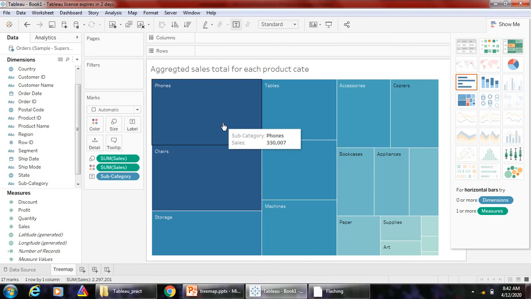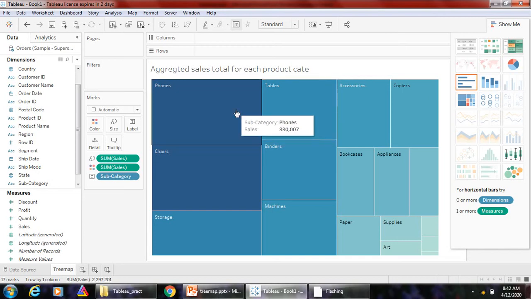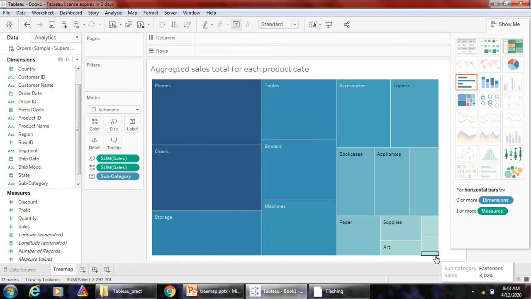Here you can see various rectangles with different color and size. In this tree map you can see the rectangle for product subcategory phones is larger in comparison with other rectangles and its color is also darker. And for product subcategory fasteners, the rectangle size is smaller as compared to other rectangles and its color is also lighter.